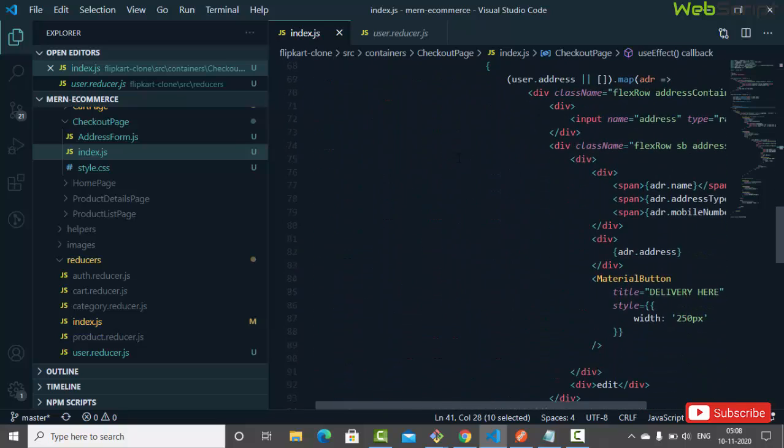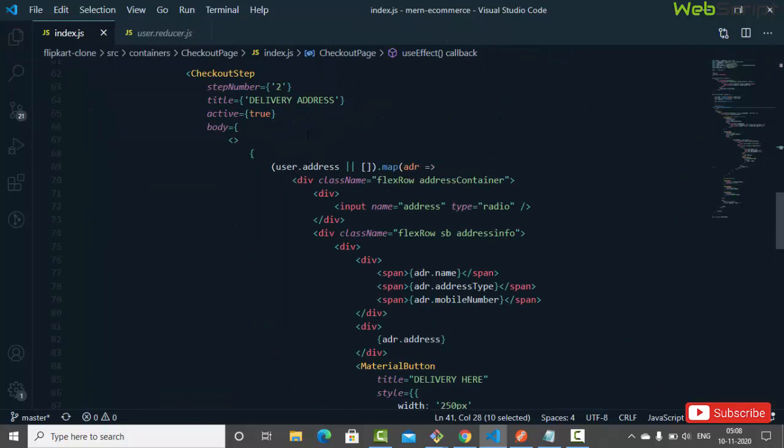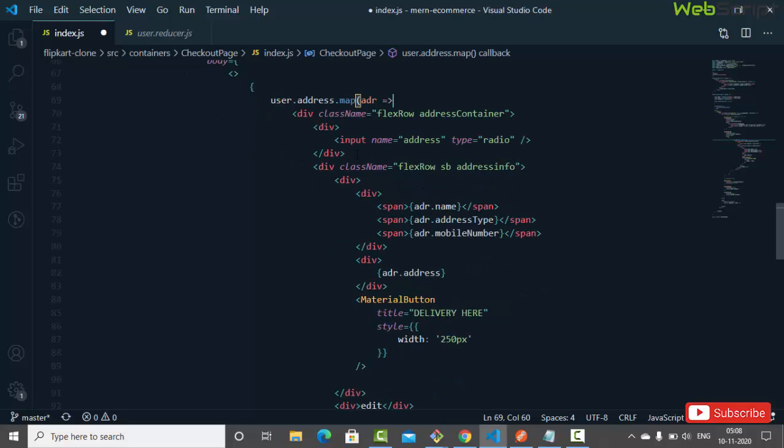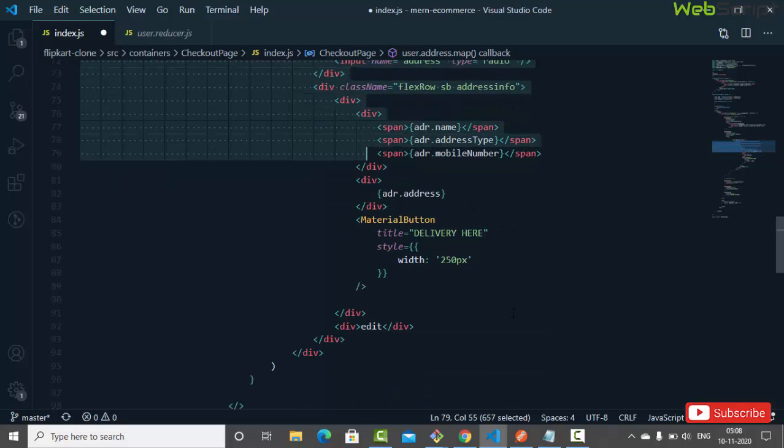So what I'm doing over here is using the existing address whatever we have currently. So here I've given the empty array. So just the check, like we don't need to do this at all, right? We can simply, because address is somehow an array, right? Either it will be empty or with the data. So here we'll do address.map, address, and this is our div component where we have all the details,